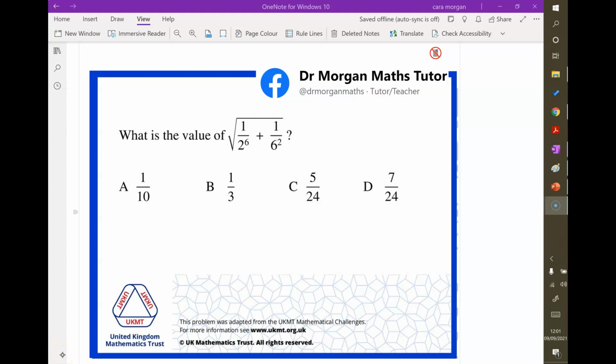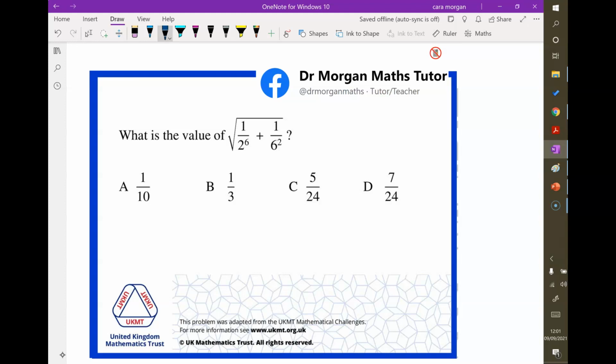Hello there, welcome to my question of the day, and I'm doing a little bit of a focus on indices at the moment because I'm aware that anyone that's started A-level maths is going to be doing some work on surds and indices over the next week or so, and anyone doing high-level maths, you need to know your indices